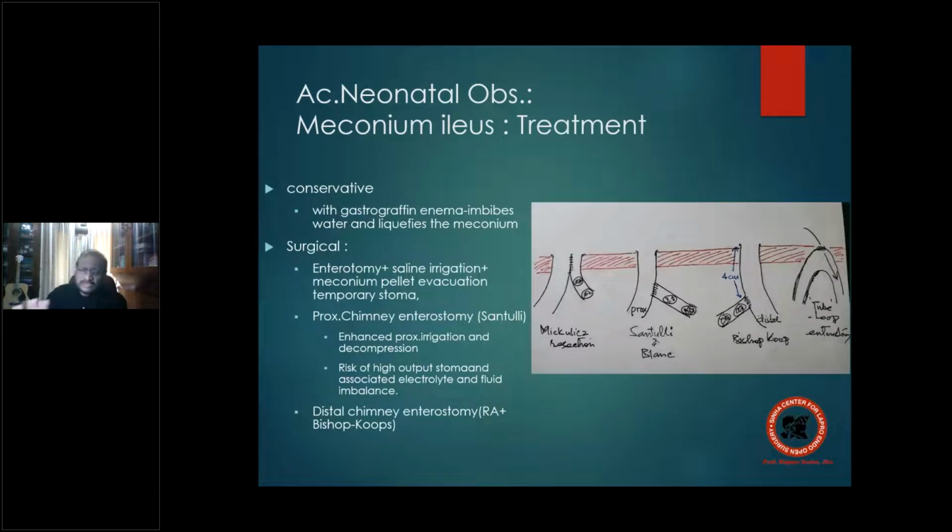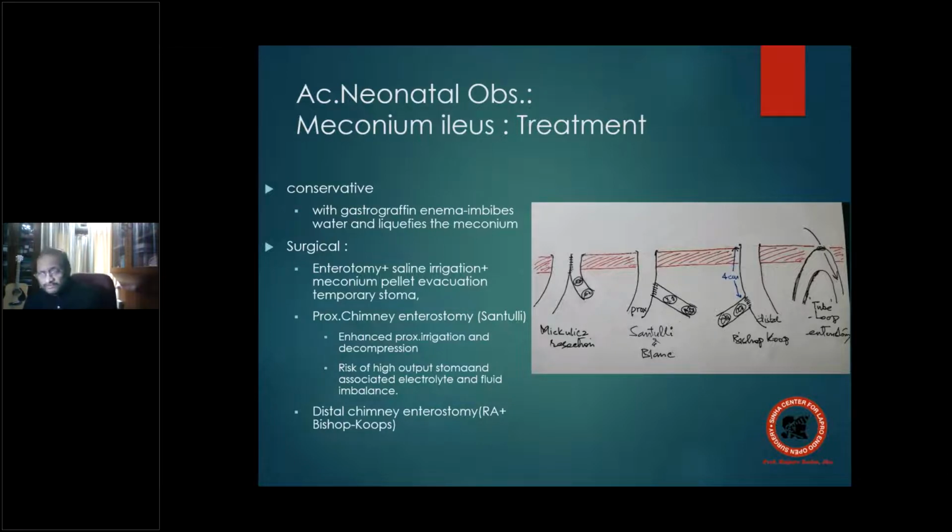What do you do? Just to give you a broad view, either you can do a conservative approach with gastrografin enema. Give this patient gastrografin enema. Now, gastrografin is a hygroscopic substance. That means it imbibes water. So if it's going to imbibe water, the luminal content of fluid will increase. That luminal content of fluid will make the meconium less viscid, and then the peristaltic activity will be able to propel the less viscid meconium now proximally. So in a very few percentage of cases, just giving the patient repeated gastrografin enema would suffice in these patients, right?